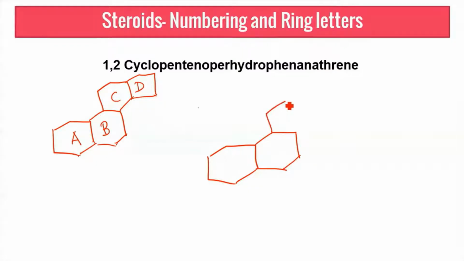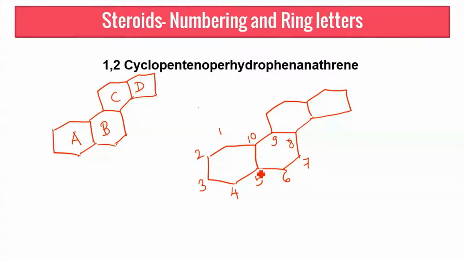Now coming to the numbering part of the ring. Numbering is a bit different from your usual numbering. So along with me, start writing the numbers. I'll show you how to remember the numbers as well. You begin from this carbon, which is 1, 2, 3, 4, 5, 6, 7, 8, 9 and 10. So you get done with the first set of rings, whereby you don't skip the bridge atom.